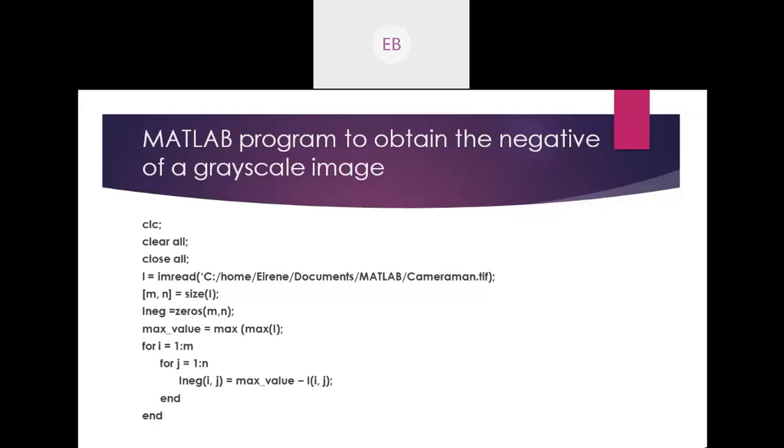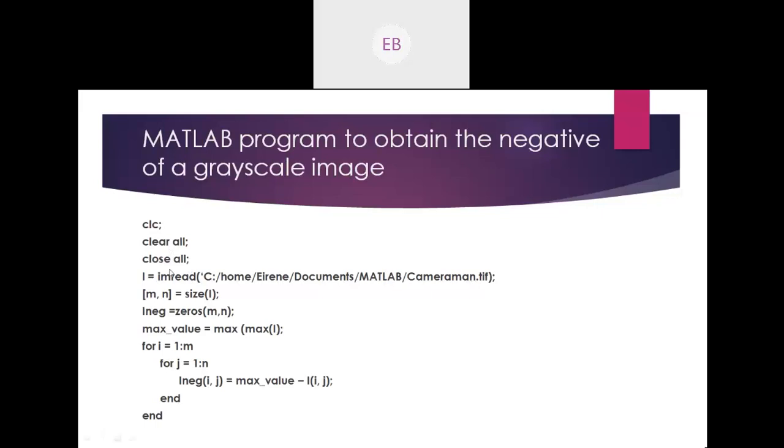The clc command will be used to clear the command window first, and then clear all. The clear all command clears whatever variable names and values are displayed in the workspace. We had one more thing, that is the workspace, remember? So when we use the clear all command, it will clear all the variable names and whatever their values are displayed in the workspace.